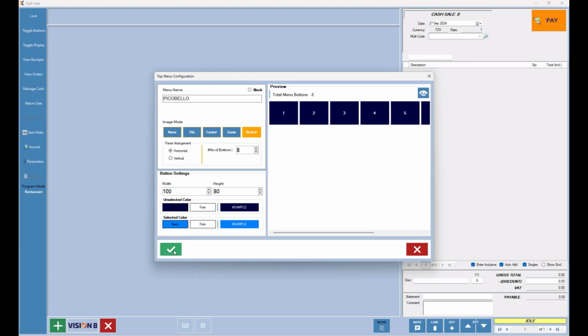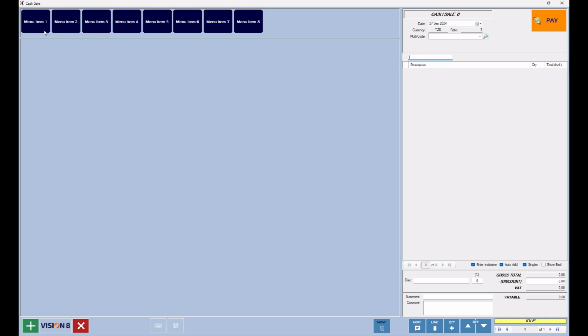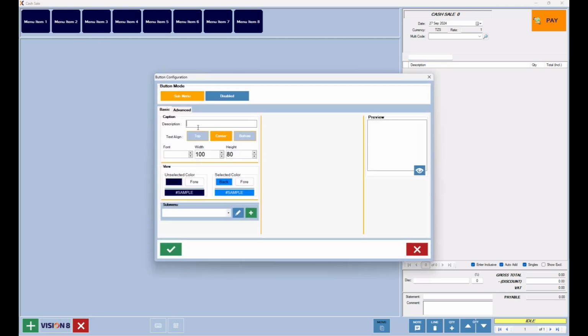My preference, I click Save by clicking the green button here. And I exit the menu. The next question is: is this going to be the default top menu for the restaurant, for this billing group? I say yes. And surely my buttons have been created in the top. Now let's give one of these buttons a name. The first button I would make the starter menu button. So I put here